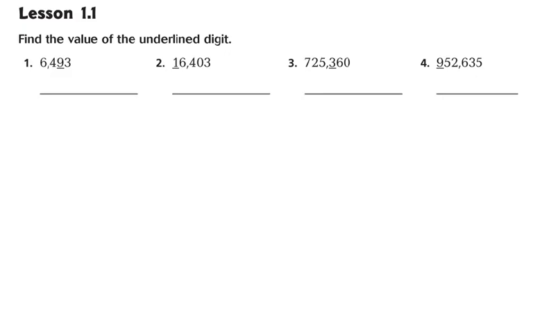So if we take a look at number 1, our 9 is in the tens place. Our 9 is worth 90. Okay, number 2, our 1 here that's underlined is in the 10,000s place, and our 1 is worth 10,000. Number 3, our 3 is in the hundreds place, and it's worth 300. And number 4, our 9 is in the 100,000s place, and it's worth